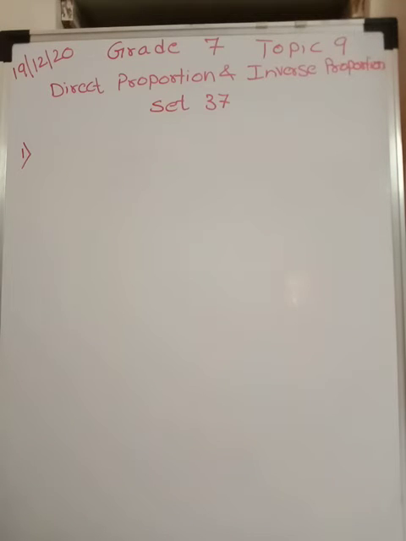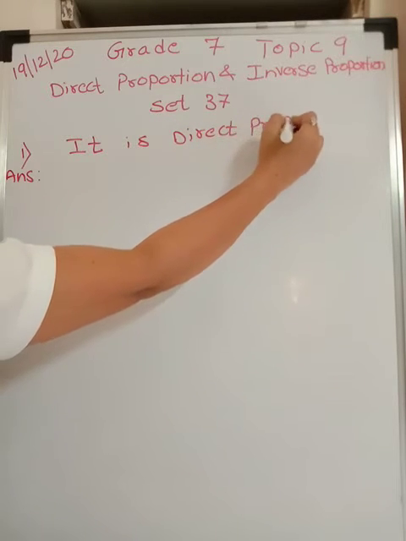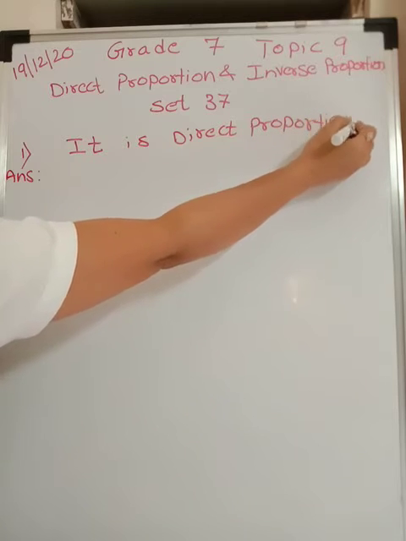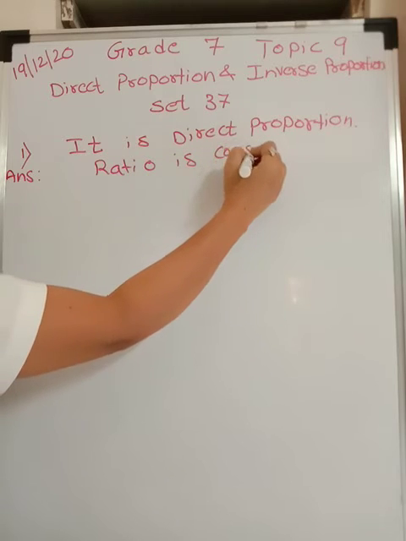Okay, now see, 7 kgs onion, 140 rupees. So 12 kgs onions, how many rupees? If the number of kgs is increasing, cost will also increase. So first you have to identify what the proportion is. First sentence should be identifying which type of proportion it is. So as onion kgs increase, cost also increases. So first we will write it is direct proportion. And once it is direct proportion, what is constant? Ratio is constant.